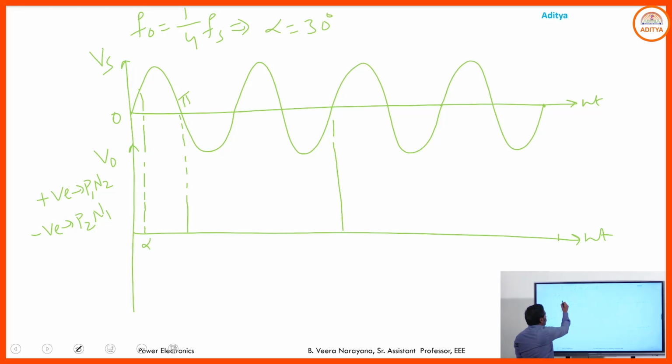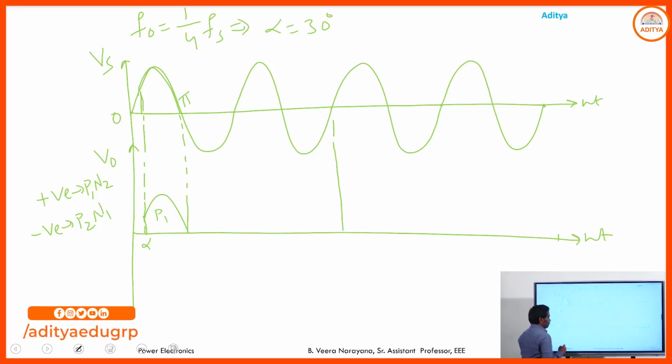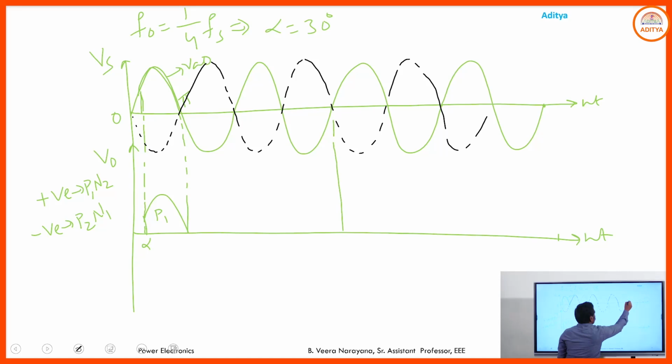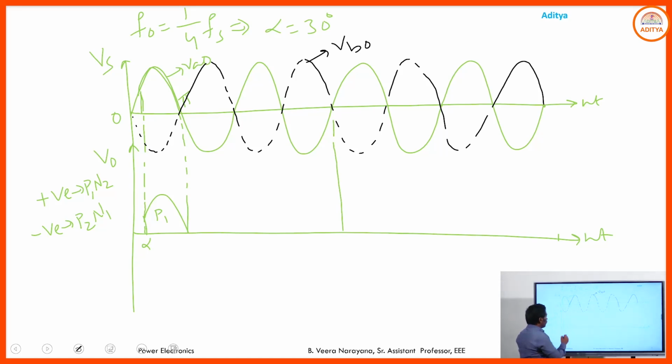So from alpha to pi, this portion of the source voltage is available across the load due to the conduction of P1, which follows VA naught. And this is the representation of VB naught. And again, from alpha to pi, the output voltage simply follows VA naught. And from pi to 2 pi,